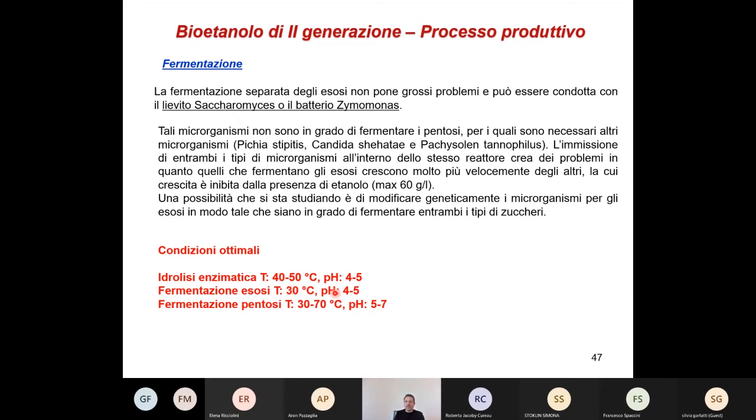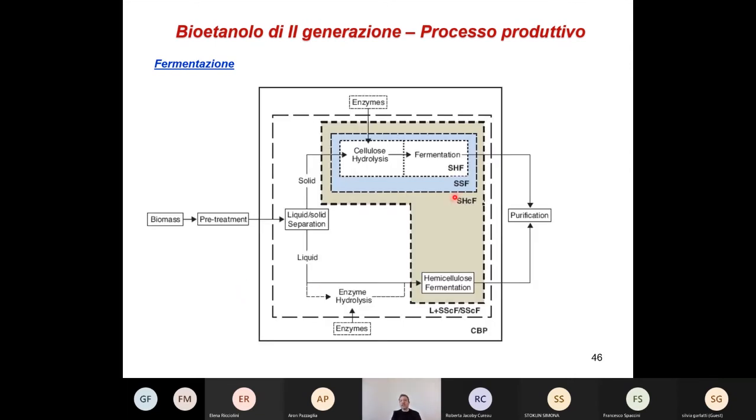And this is the reason why, if you have a simultaneous process, you have to make a choice. So, for example, you will work at 35, 36, 37 degrees. So, in an average way. And of course, this means that you are not in the optimal conditions, both in the hydrolysis and in the fermentation. So you could lose some efficiency during the process. So every choice in these schemes has positive and negative factors to consider.